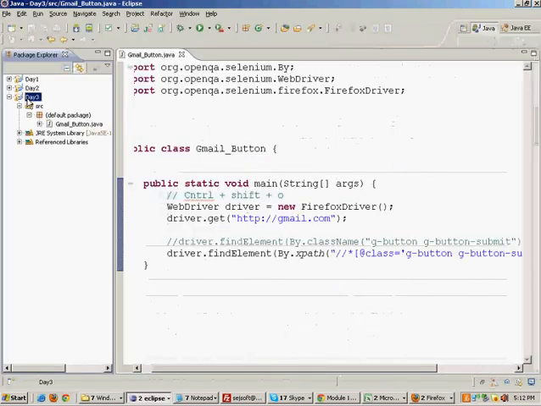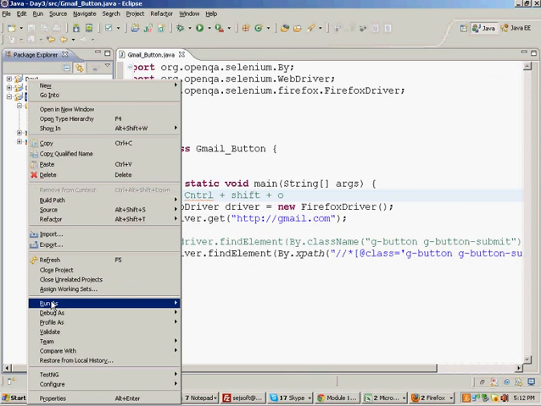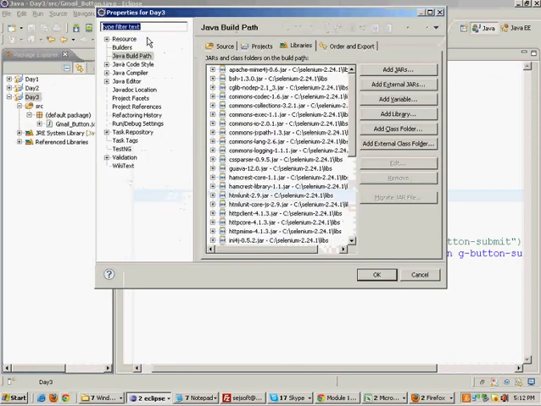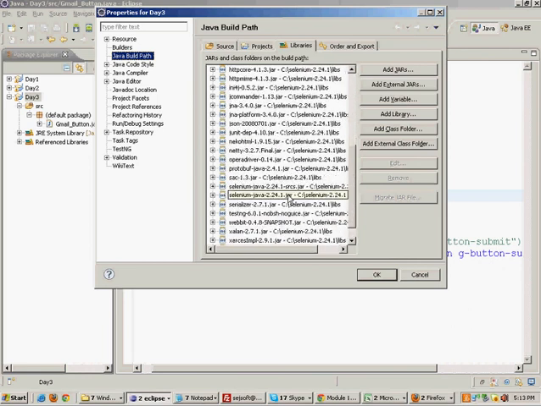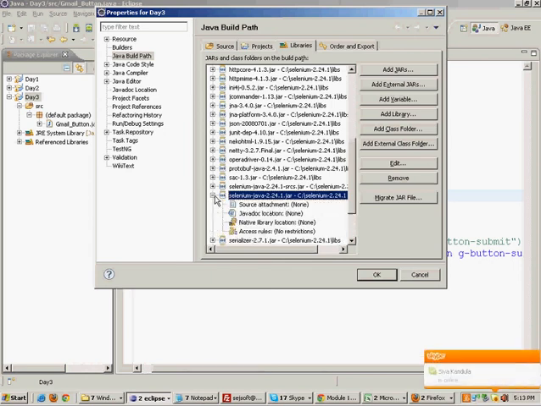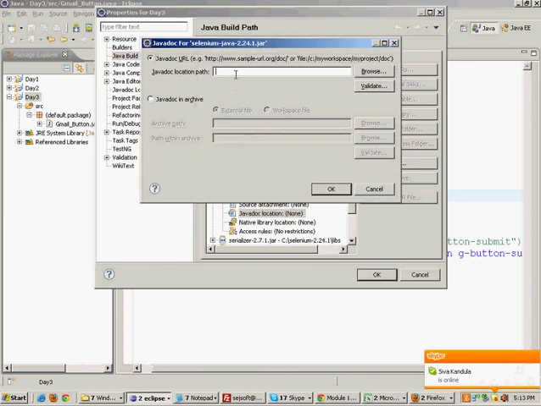Go to Eclipse, go to your project, right click on it, go to properties. Under Java build path in the library section, you will have the Selenium jar file included, the Selenium Java jar. If you expand this and click on Java doc location, you can edit it and paste the link which you copied, and remove index.html from it.